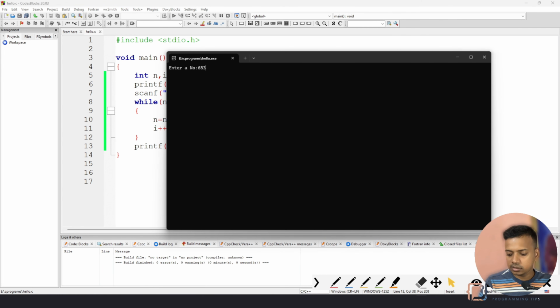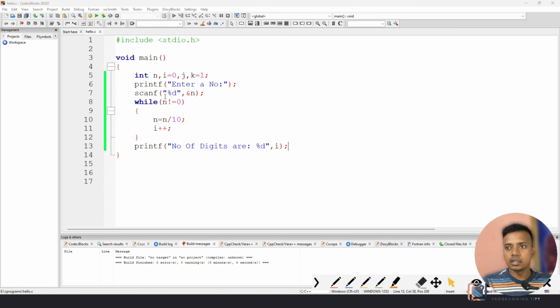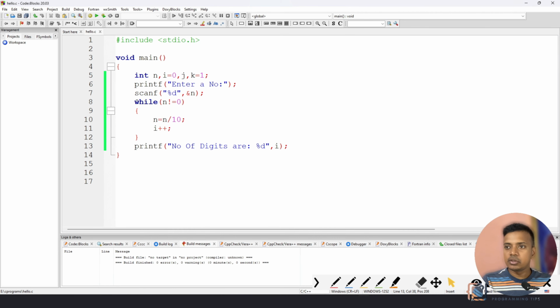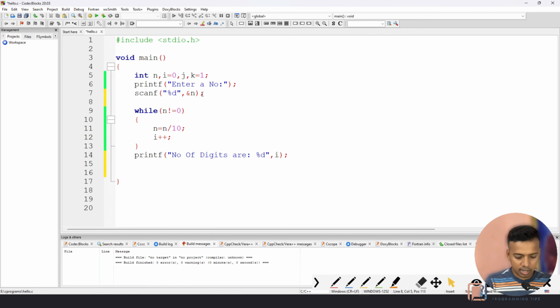Suppose if I enter, see, number of digits are 5. So the program is good. Now, C program to reverse a number, how will we reverse that number? We will try to do it in the same program. Another variable, m equals n. We will take m here because the n value is already decreased, so we take another variable m. So same way, while